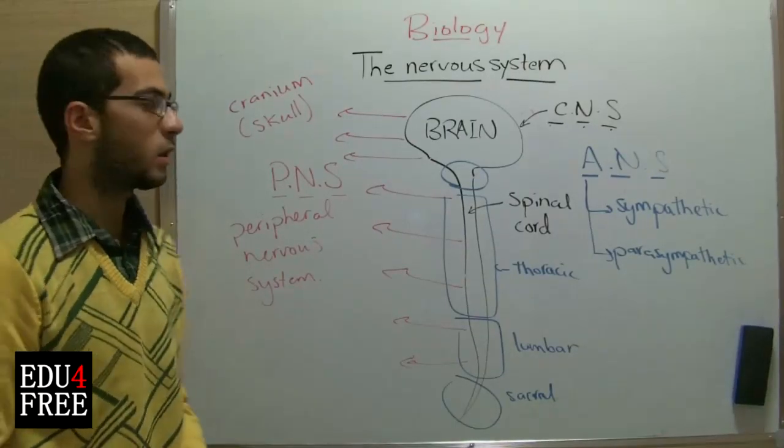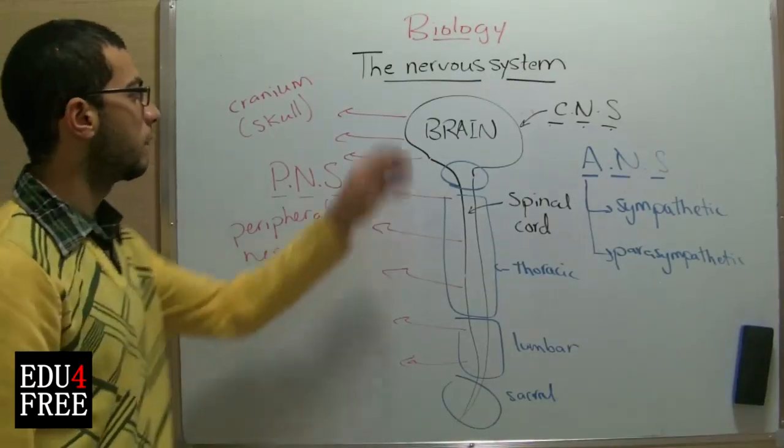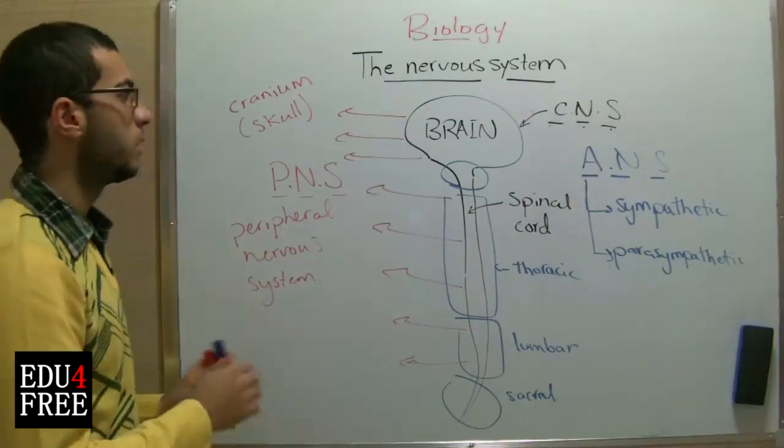The next time we will talk about the unit of function of this nervous system, which is the nerve cell